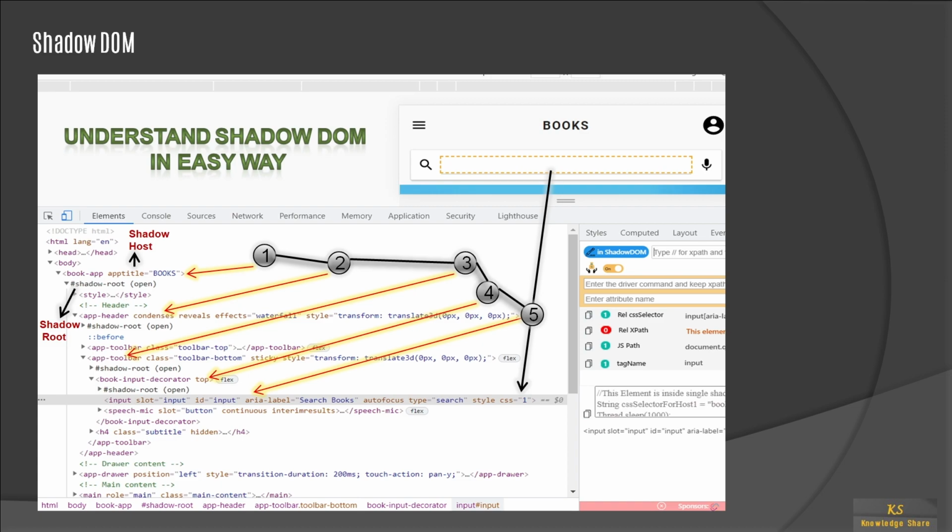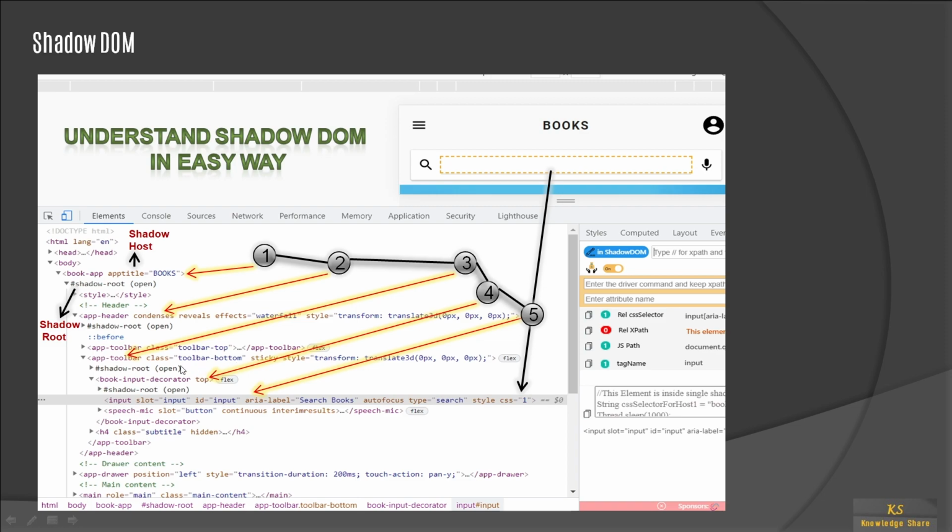We will see it in a practical way. And then next you have to navigate to this app header, and the third step is you have to navigate to the app toolbar. Here you can see two app toolbars. One is toolbar top, another one is toolbar bottom,